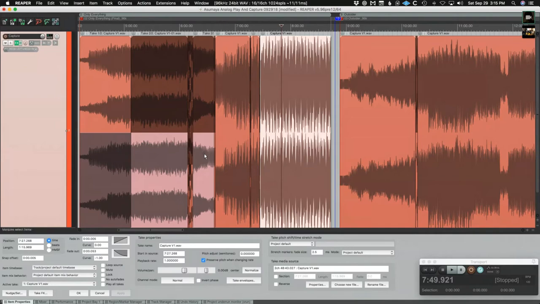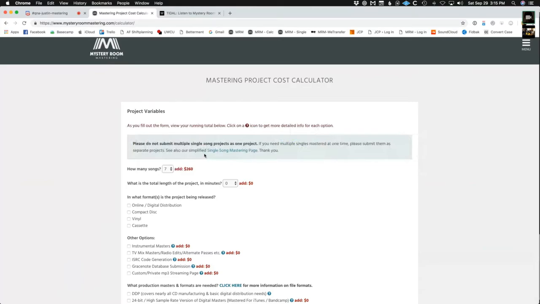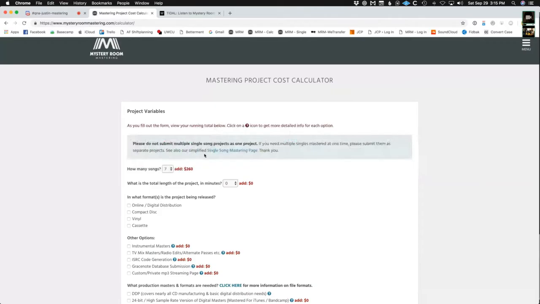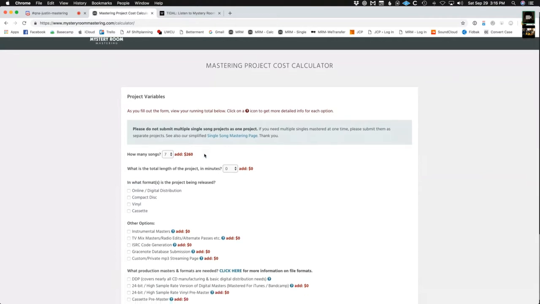So that's basically it. Feel free to email me if you do have any questions. There's a contact form. I'm always on Facebook or stuff like that to chat. But this page makes it pretty painless to send in projects. Like I said, I get stuff, especially from overseas. I get stuff in the middle of the night, and it just makes it real easy to send in your